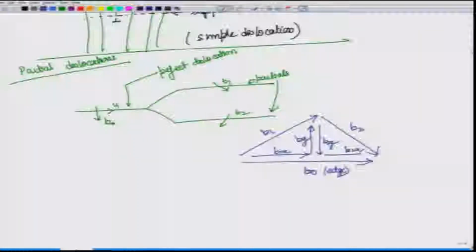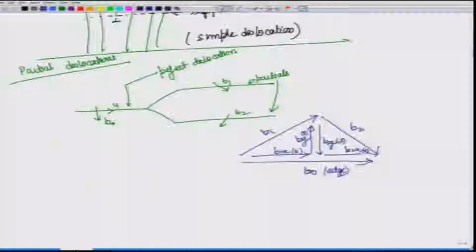B1 B2. In this particular part there will be a transition phase, but over here looking at it, u remains the same. So, when we come to resolving the partial Burgers vectors along the x and y axis, what it means is that B1x is actually nothing but an edge dislocation. So, this is E. B2x is similarly an edge dislocation, and B1y and B2y are actually screw dislocations.